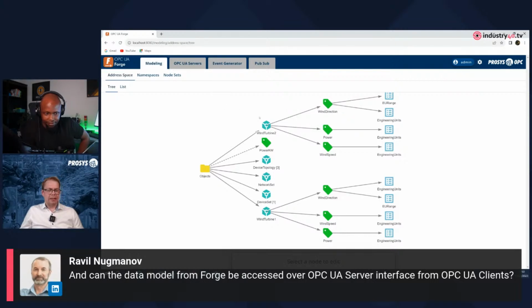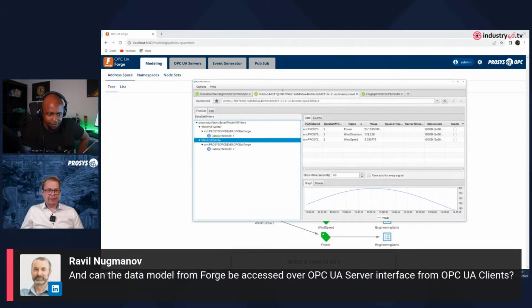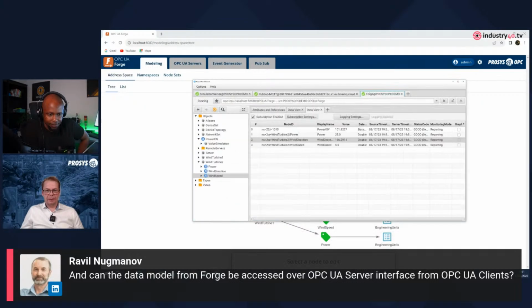You mean like, for example, this wind turbine data model? So let's see, if I understood correctly, now I have connected to this Forge OPC UA server with this browser,